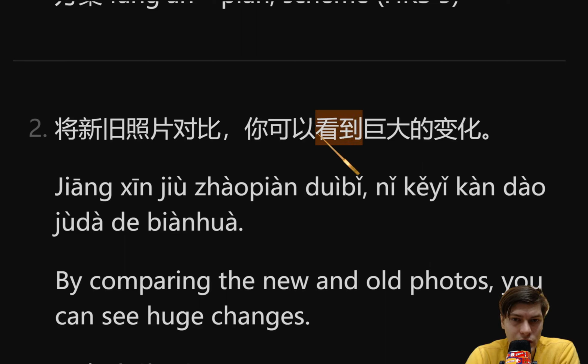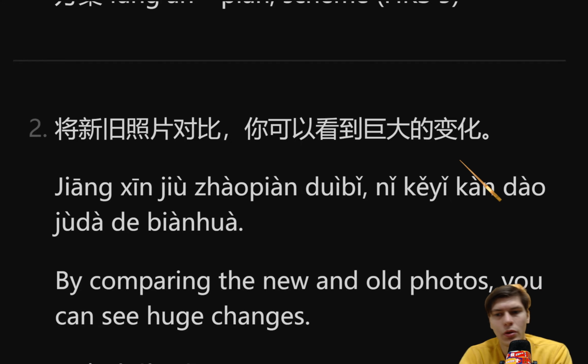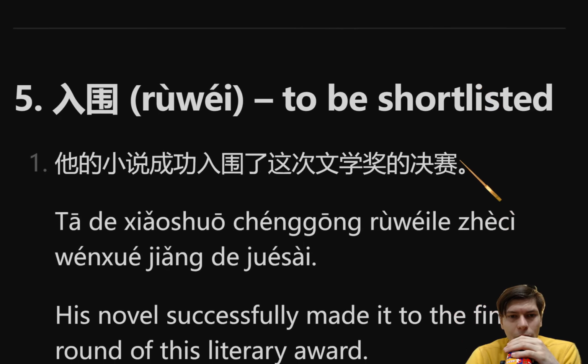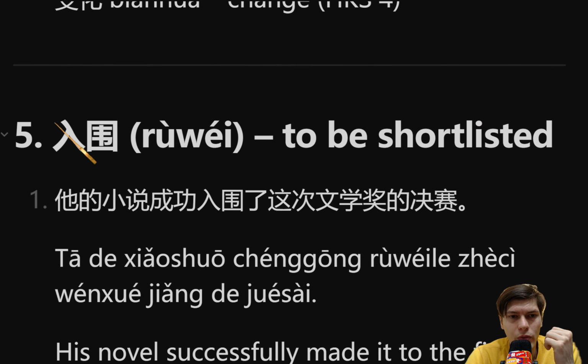You can see huge changes, but they describe which change? Big change. 巨大的变化 could also be used without 的 sometimes. 将新旧照片对比，你可以看到巨大的变化。